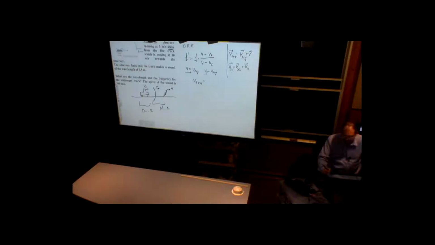This is a review, nothing new. And objects 1, 2, 3 can be chosen in any way. So in this situation, this is what we call sound. This is what we call observer. So automatically, the object number 2 becomes ground. So we should write here the velocity of the ground relative to the observer. And if we do vectors,